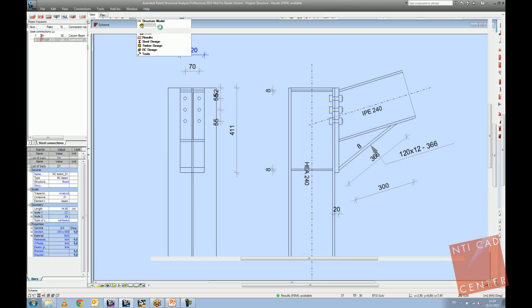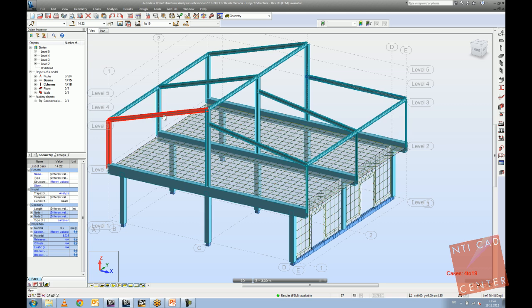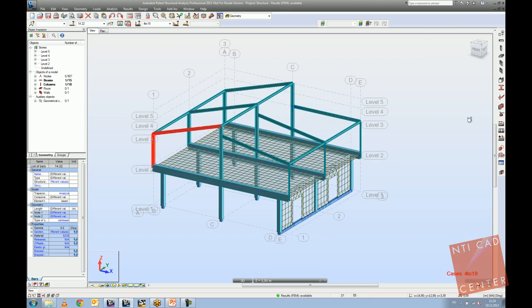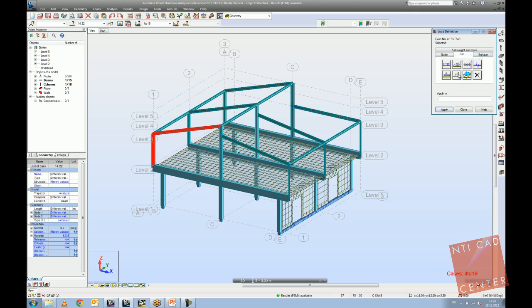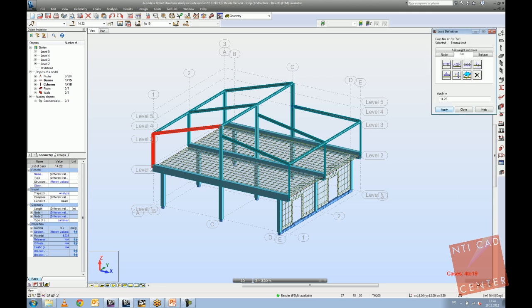So getting back to my geometry. So now what I've done, I've modified my model a bit. I have changed some profiles. And what I will do more, I will add, probably I will add additional loads. For example, I will say load definition. And I will specify a bar load, which is, for example, temperature load. And I will add it here. So if I look at it,